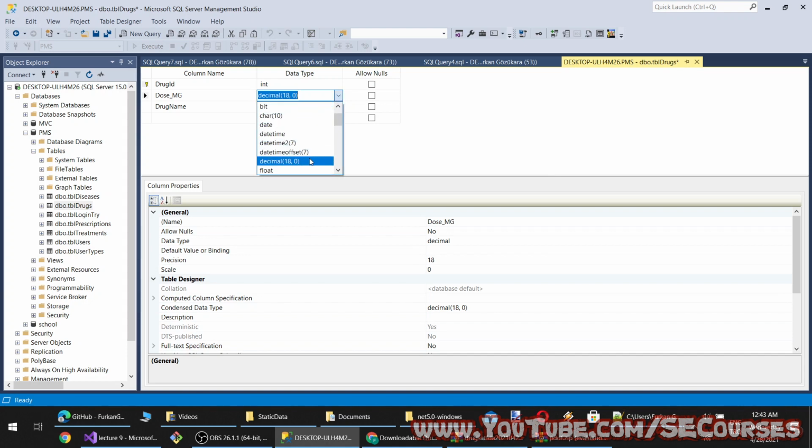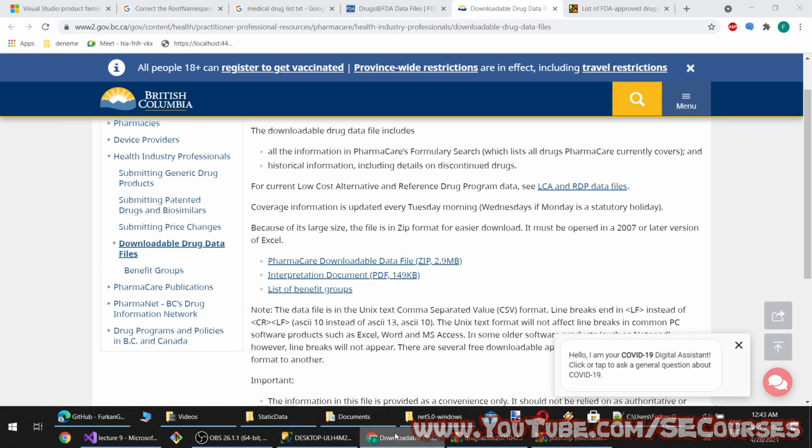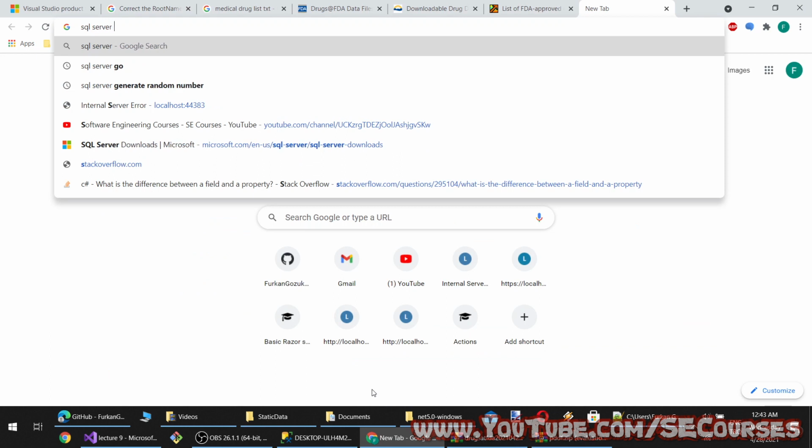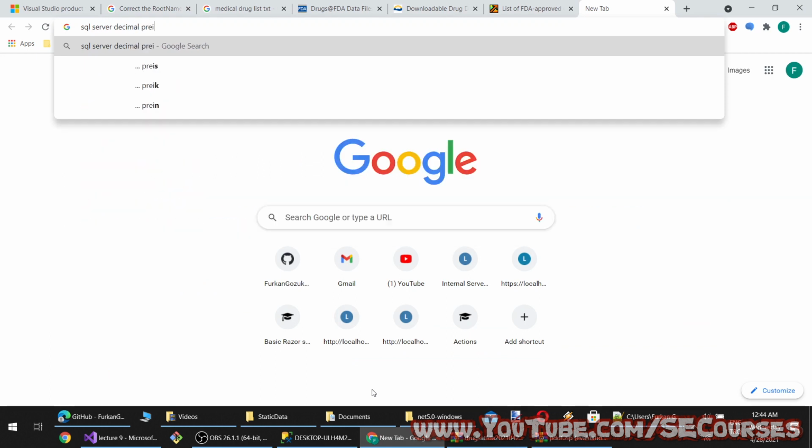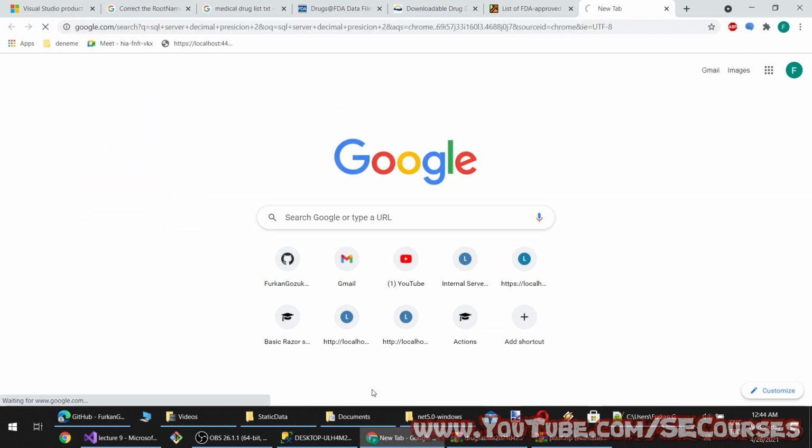We can save them as double as well, but decimal precision 2 should be better.